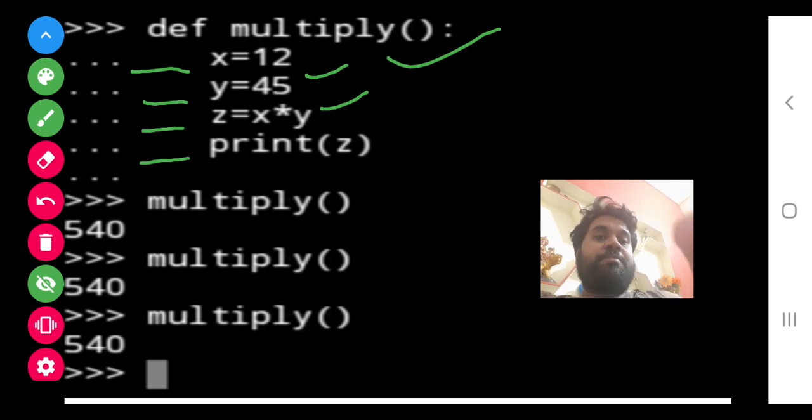The gap can be single or double, that's not a problem, but it should be equal, all equal gaps. After that whenever I write multiply, again and again the same answer comes.